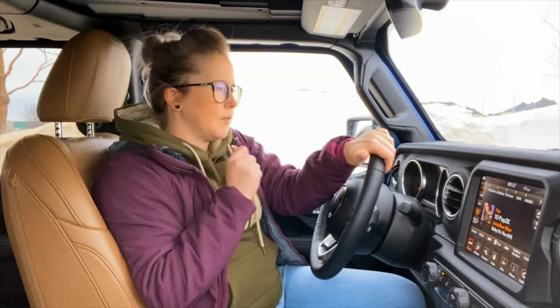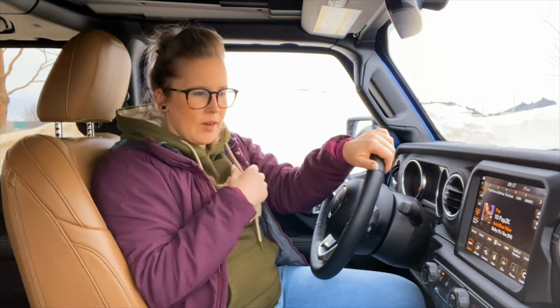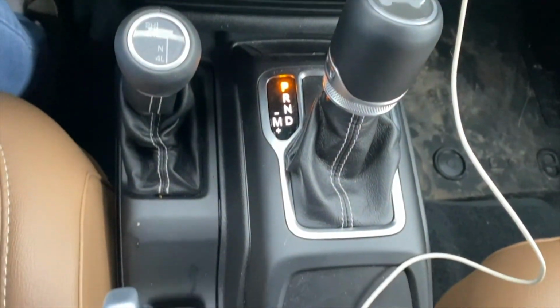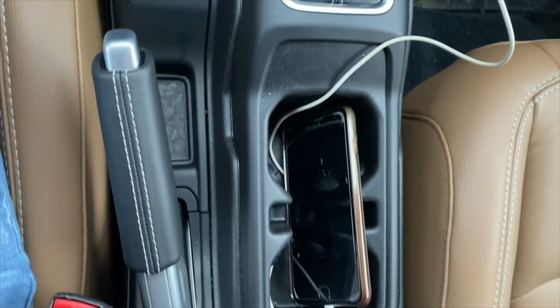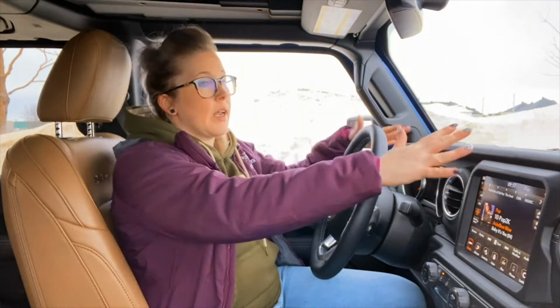So there's really not much else to say about the interior of a Wrangler. And, you know, I like that it hasn't really changed over the years. It's got the same beefy shifter. I've got a real handbrake down here. And just everything is at hand, big, easy to turn if I'm wearing gloves,